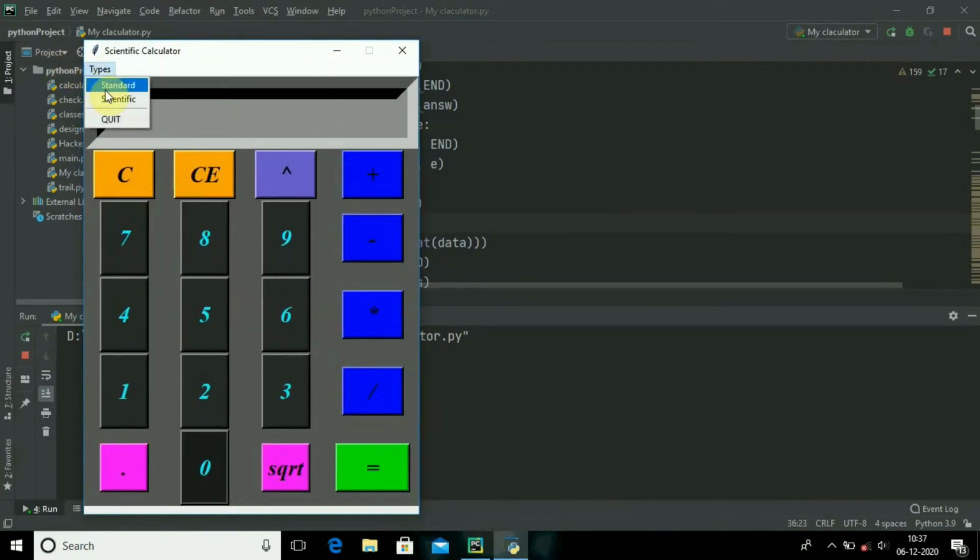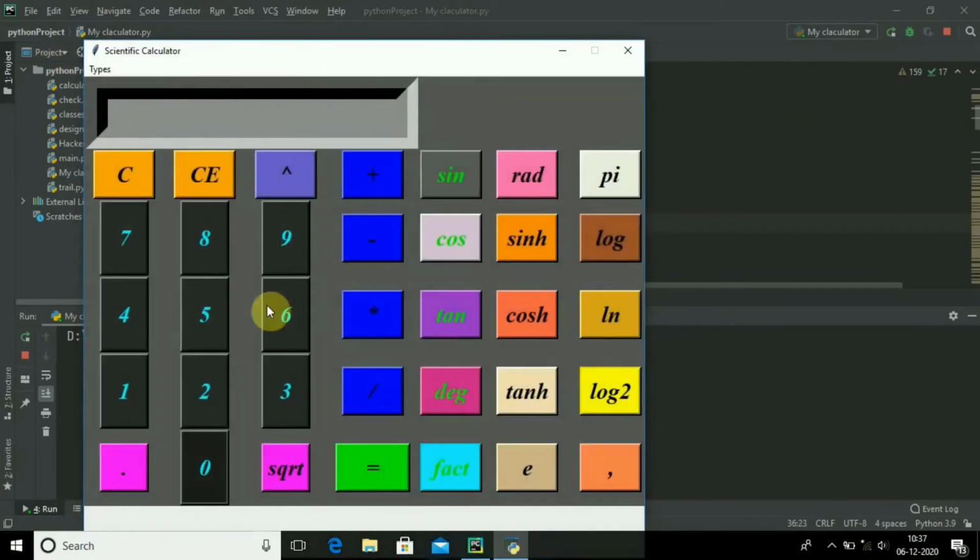Let me run this, and you will see this is a calculator. When I click on the scientific calculator, let me show you one amazing thing. I typed 36 and the square root of 36 is 6.0, it returns the float value. Then let me write 90. Sine of 90 will be 1. Yes, it's right. What is the radian of 1? 0.017 is the radian. And let me show you 1.2. What is the degree of it? 68.75 is the degree.